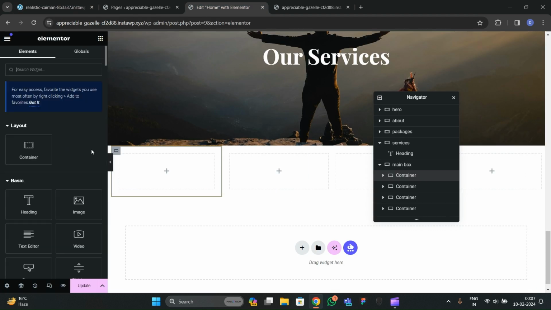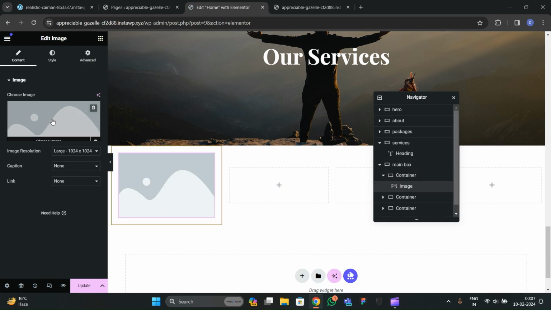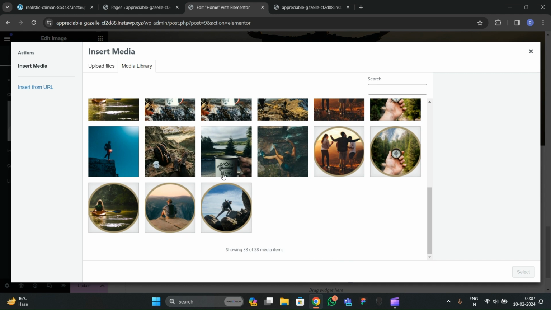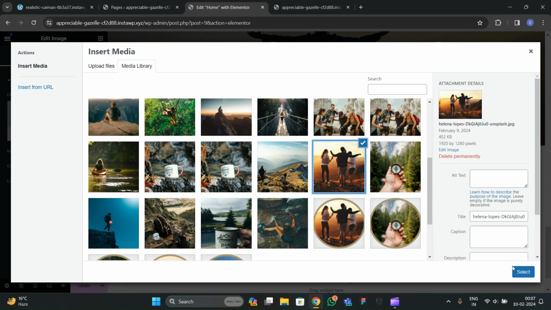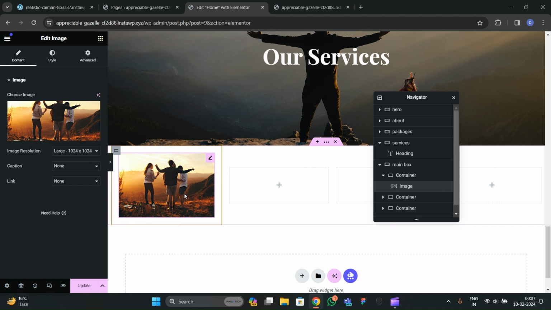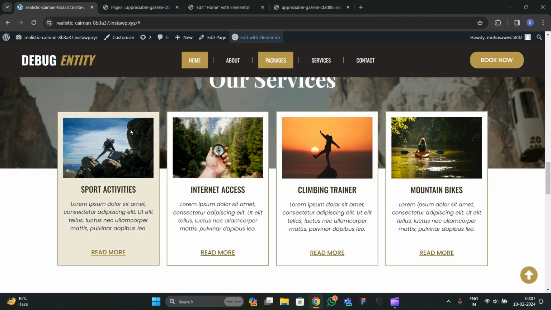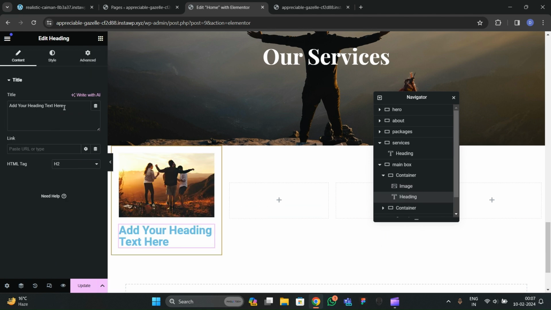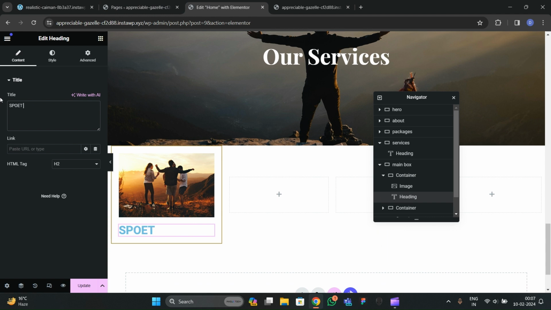Let's go to widget, from here drag and drop an image, then go to choose image, and let's choose any image. Okay, so let's choose this. Okay, so the image comes. Now we have to add this heading, so let's go here and drag and drop this. So let's change the content, sport